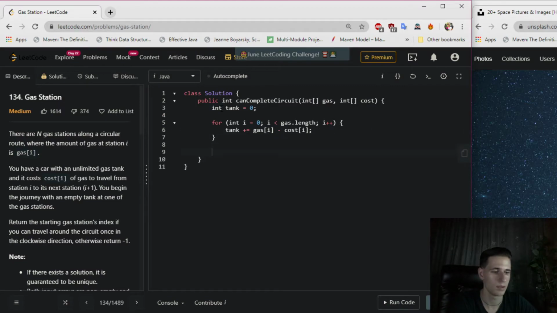And if in the end of this journey the amount of fuel is less than 0, that means that we require more fuel than we have. In this case we cannot make it, we just return